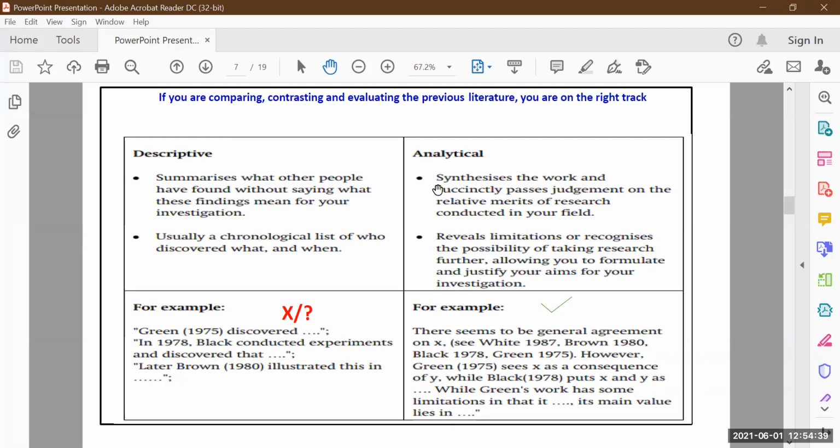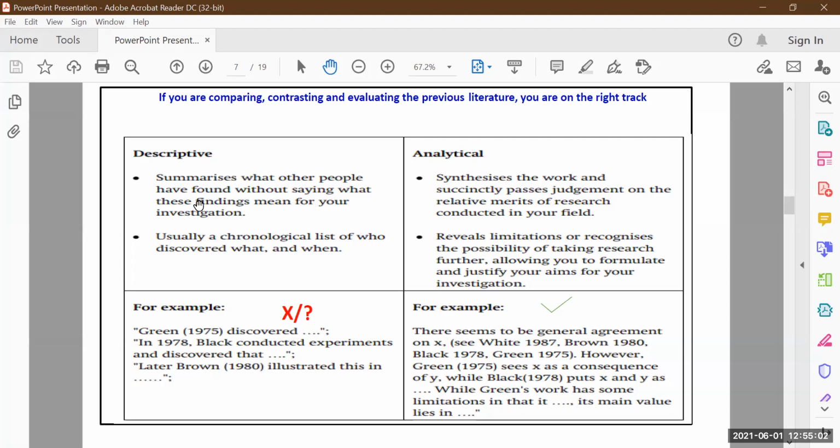So here you can say analytical, synthesizing, combining, criticizing, critical review you are doing, right? You are making some judgment. Which one is good work, which one is not good work.